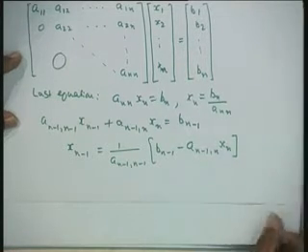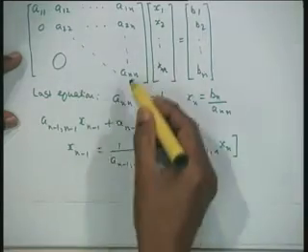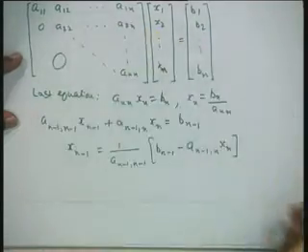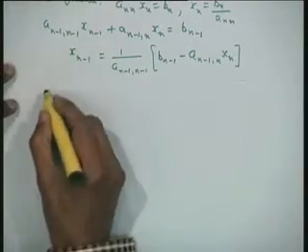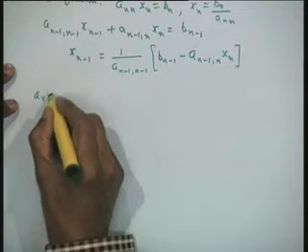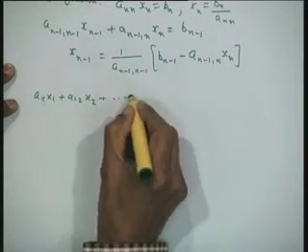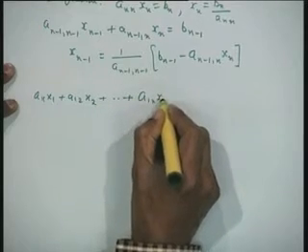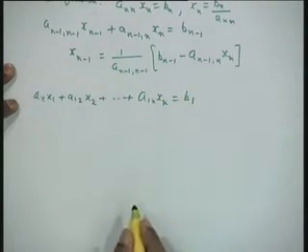So, we can proceed like this, we can work backwards and get the previous value x n minus 2 and so on, x 2, then x 1. So, when I land up in the first equation, it will read like a11 x 1 plus a12 x 2 plus ... plus a1n x n is equal to b 1. That is our first equation.